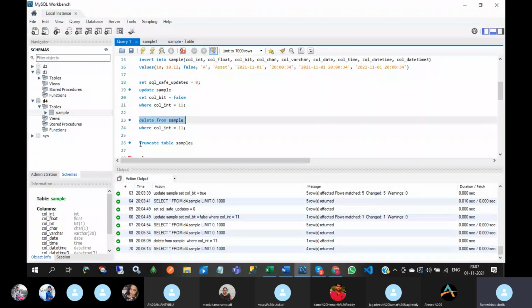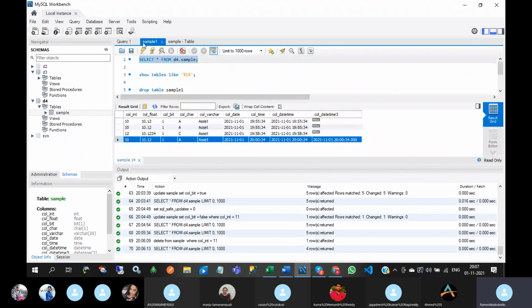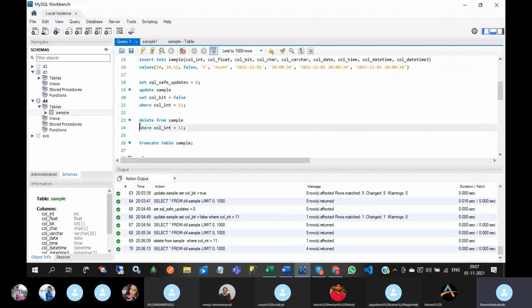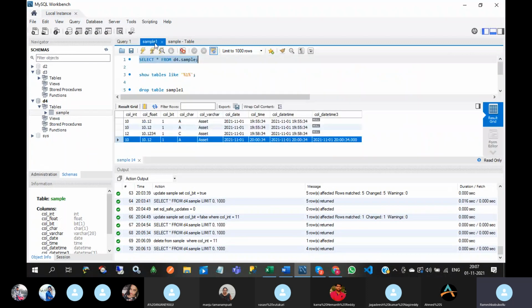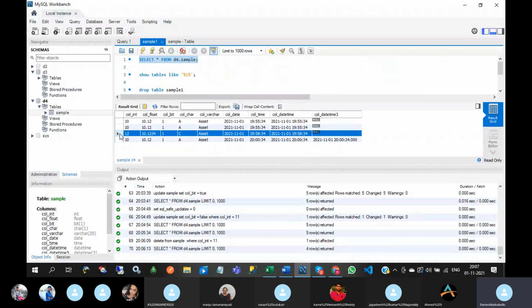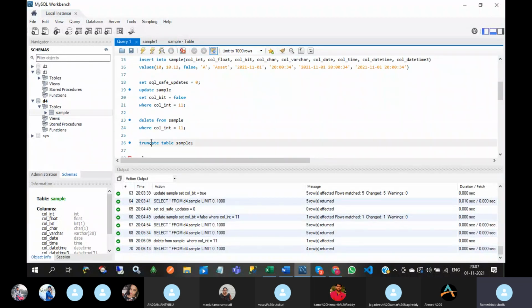If you use the truncate command like truncate table sample, then you can also delete all the records. But the difference is, in the delete command we can use a where condition. Suppose we want to delete a specific record, we can delete it using the delete command, but we can't use a where condition in the truncate command. So truncate table name means it will delete the entire records in a table. That is the main difference.